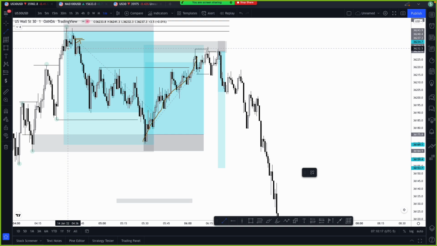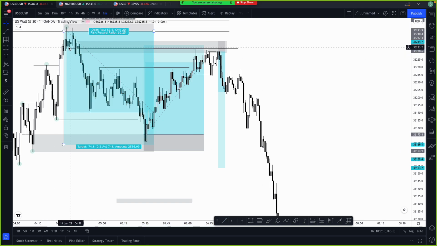If you check here, do you see? Check something here, let me mark a zone. This is what you're supposed to be looking at. Do you see this manipulation that's happening here? You see the way they manipulate this low, then they return back to come and test the zone.